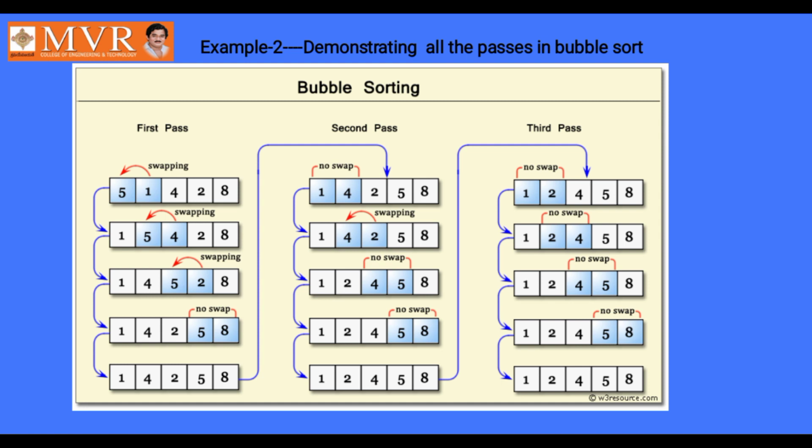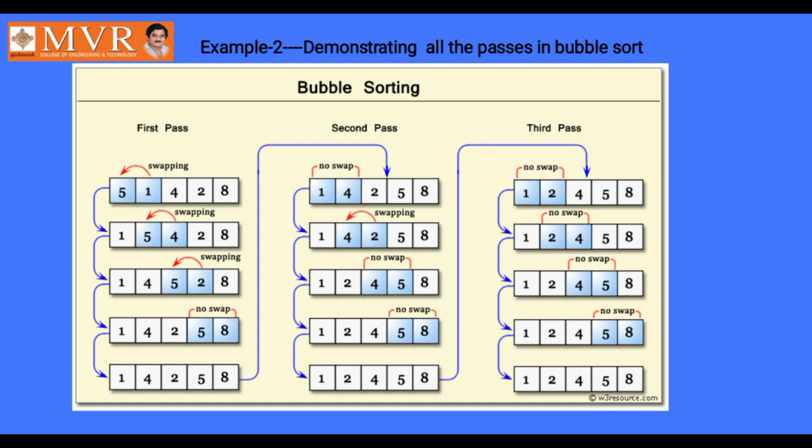And after coming to the sorted order also, I have performed one more pass to check whether all the elements are in the sorted order or not. Since I am seeing the example, I can say that my elements are in sorted order. But for the computer or the system to know that all the elements are in sorted order, it will perform one extra pass to determine whether the list of elements is sorted or not.